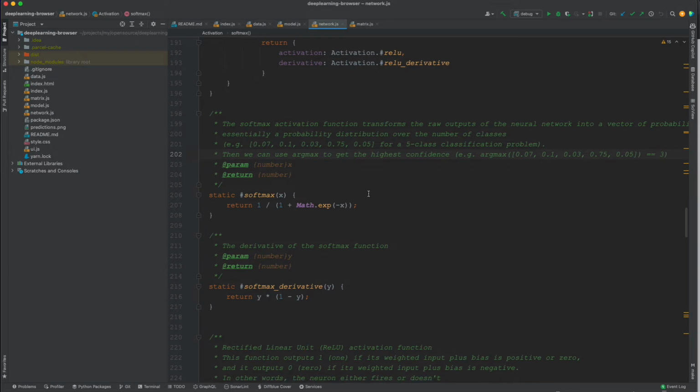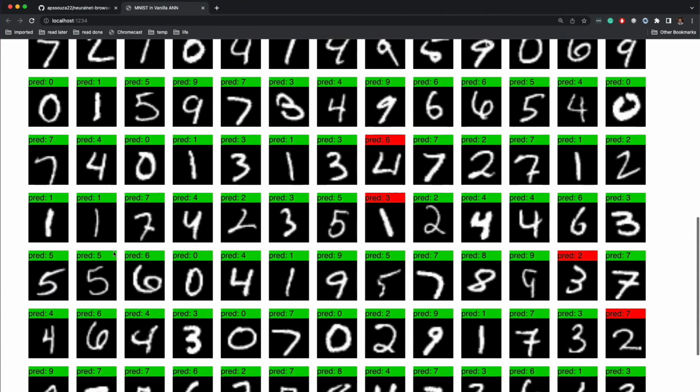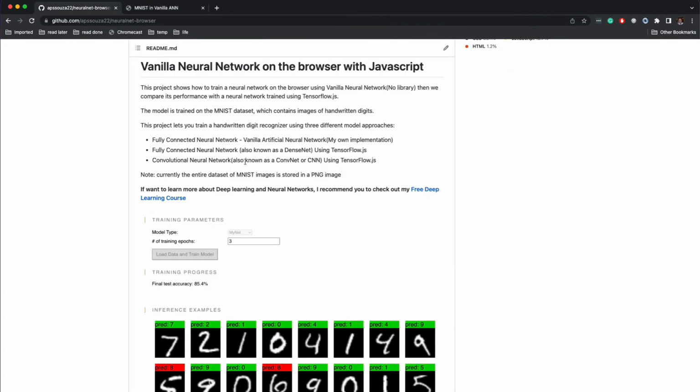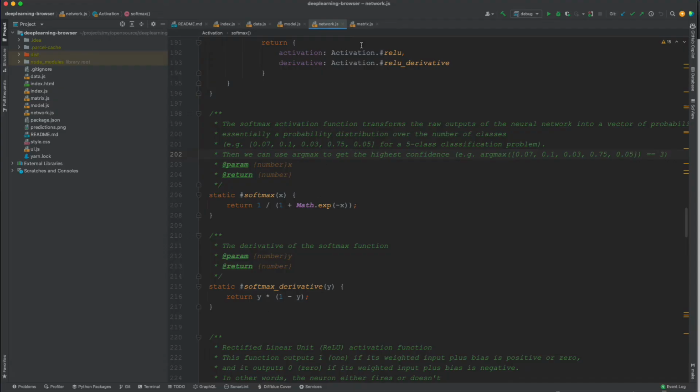When the activation function is used, it is basically on the output of the layer, right? So looking at our architecture here again, the activation function will be used right before the output of our layer. Okay, and you can see that in code as well. If we look at the network,